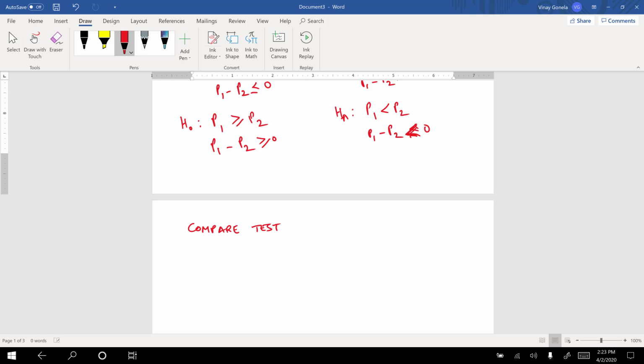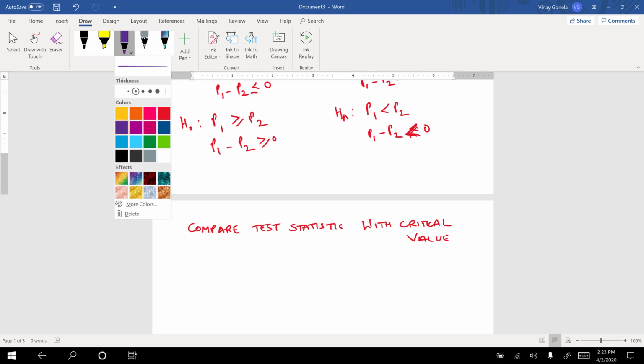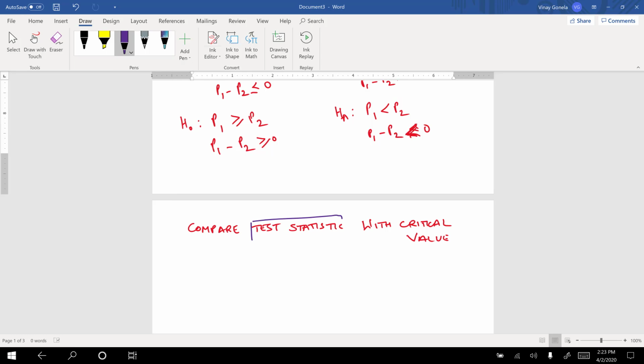And then, as I discussed in hypothesis testing, the second step is to compare the test statistic with the critical value. So the test statistic in this case, again this is a proportion problem. We assume that the sample size is large enough in this, so we will be using a z-stat, and the formula for this would be